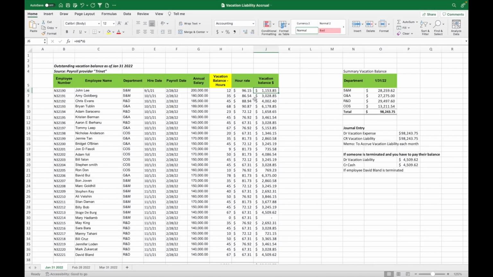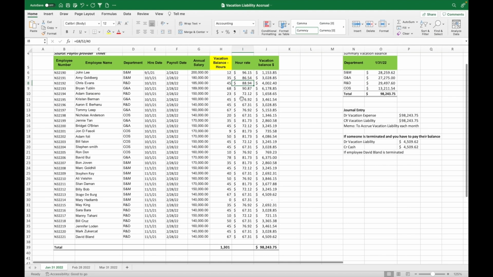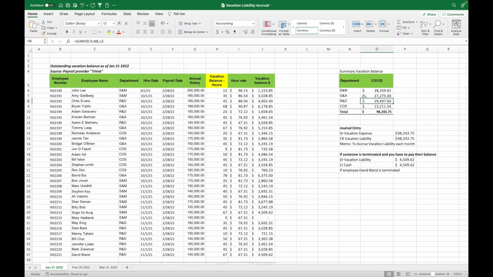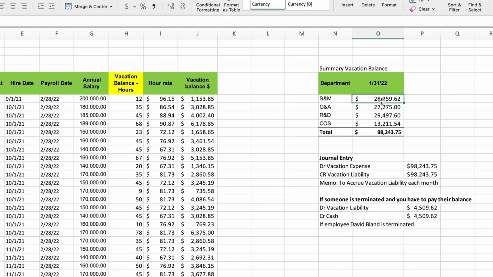$1,153, right? So I do this here, and then I summarize it at the bottom, and I say the total is $98,000. And then I summarize that here in a table by department by using a SUMIF formula. And if you're not familiar with the SUMIF formula, you can just easily go on YouTube, search SUMIF formula in Excel, and see how it's done. It's pretty simple. You SUMIF by department,